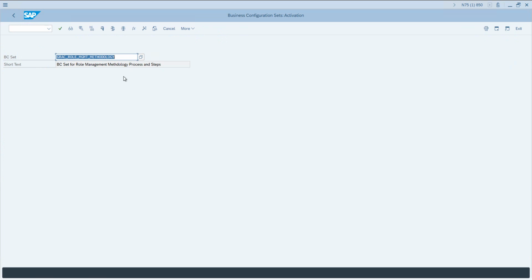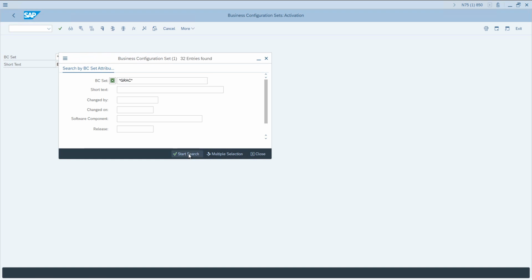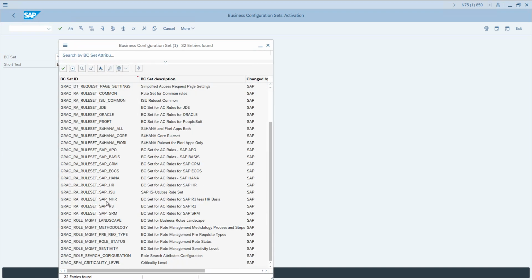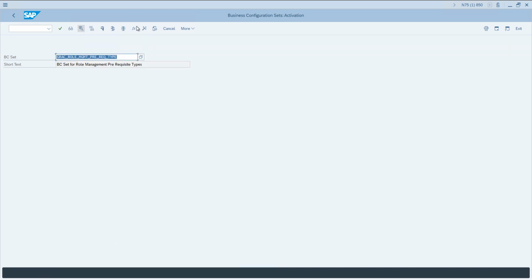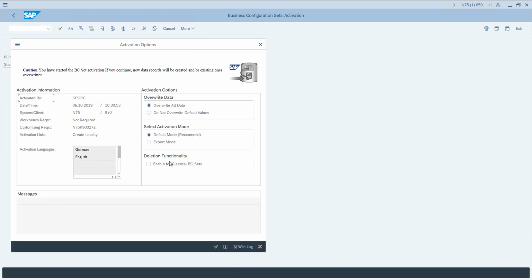Okay, what is the third? Let's go to the third one now. What is the third step that we have? Okay, so again, GRAC underscore asterisk. And now let us select the third one, which is prerequisite types. Select this, activate, expert mode,